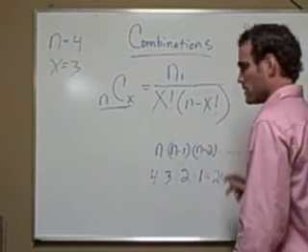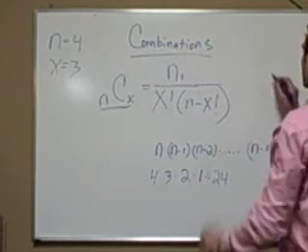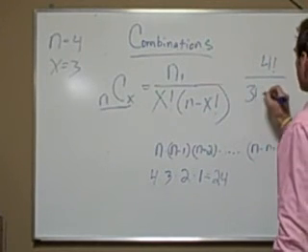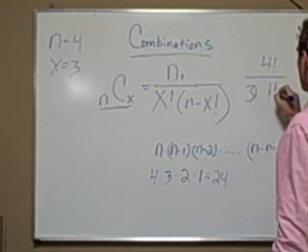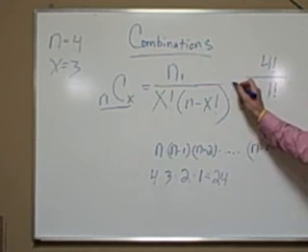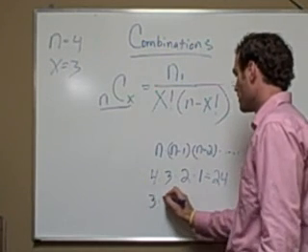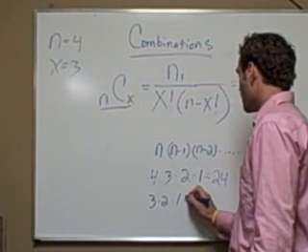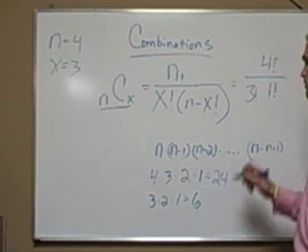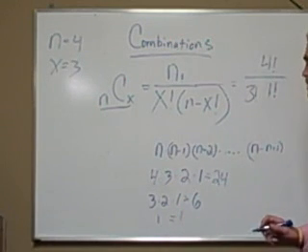Well, let me rewrite this so you don't get lost. So we have 4 factorial over 3 factorial times 1 factorial. This is our n choose x. What's this 3 factorial? Well, that's again 3 times 2 times 1, which equals 6. And 1 factorial is easy. It's just 1. So now